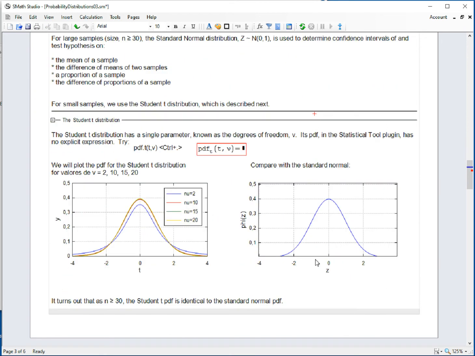Regarding the student t distribution, the statistical tool plugin has a reference to it, PDF of t with nu, but it doesn't have a closed form expression. I don't understand why, because it's not that complicated, but they don't. The fact is, though, that you can plot it, and when you plot it,